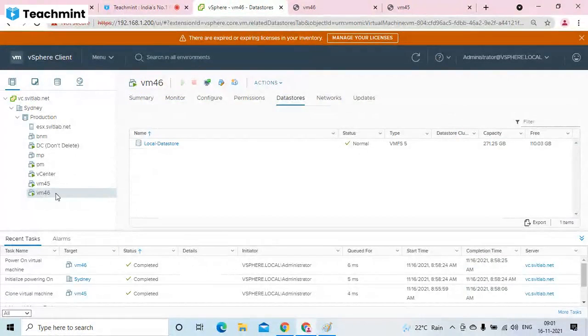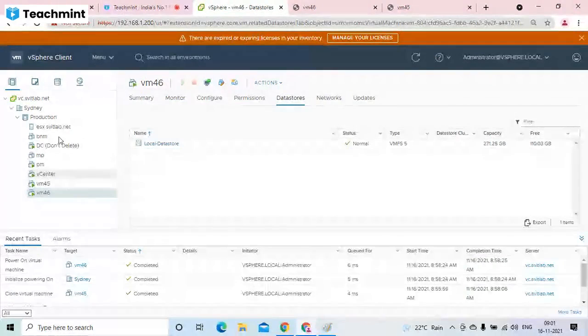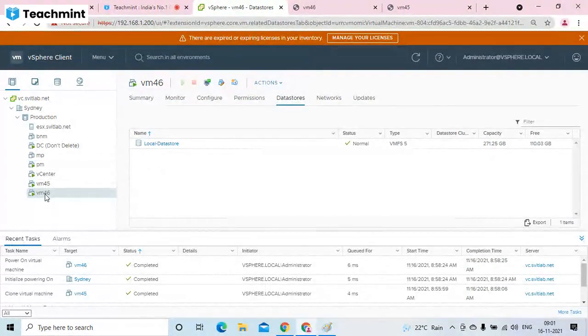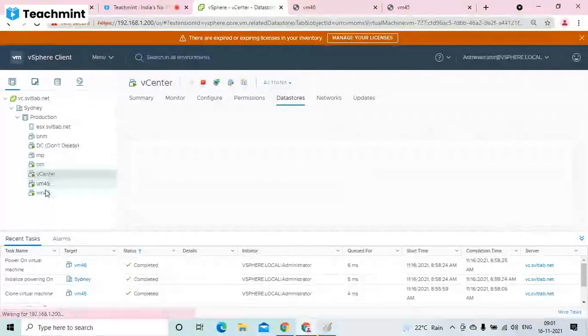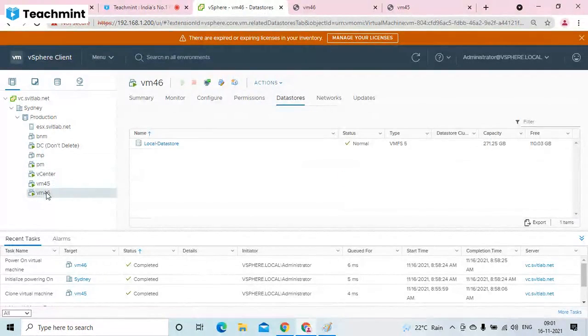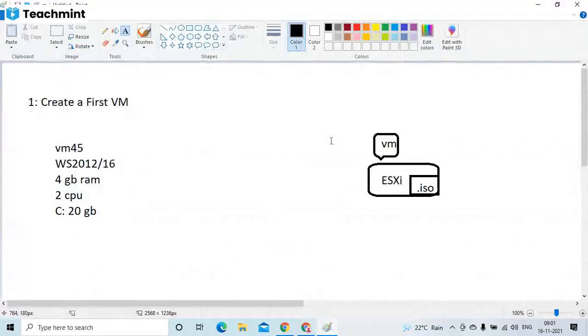In fact, if you are not attending till now and are just coming to the session, you don't know from where it was cloned. VM46 was cloned from either this machine or that machine. We can't even identify from where it is cloned. Once the cloning is completed, they are completely two different independent VMs.